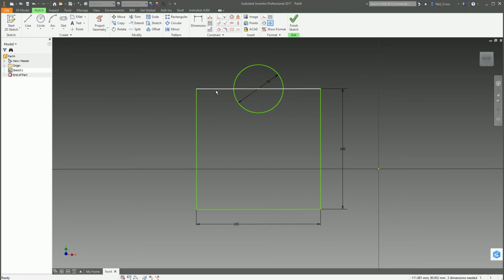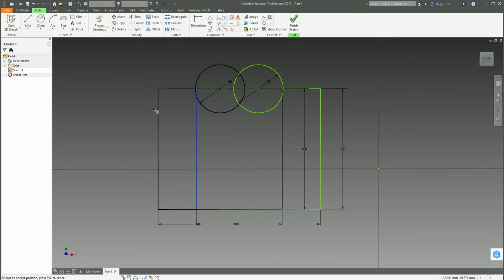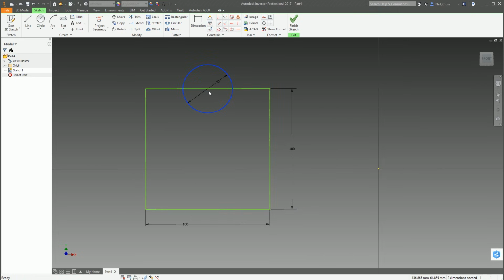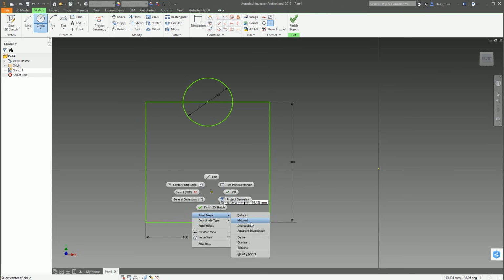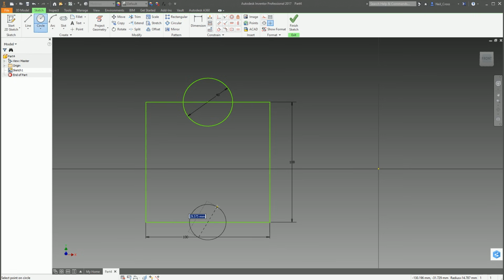So now as we move it around, that circle is always placed at that point. No matter what happens, we can move this around with the left mouse button, and it's staying put. It ain't going anywhere. So that's kind of the whole point of them. And we'll do it again at the bottom. Circle, right click, point snaps, midpoint there, and then we'll do 40. Okay, let's do a bit of trimming as well, just like we did in AutoCAD.